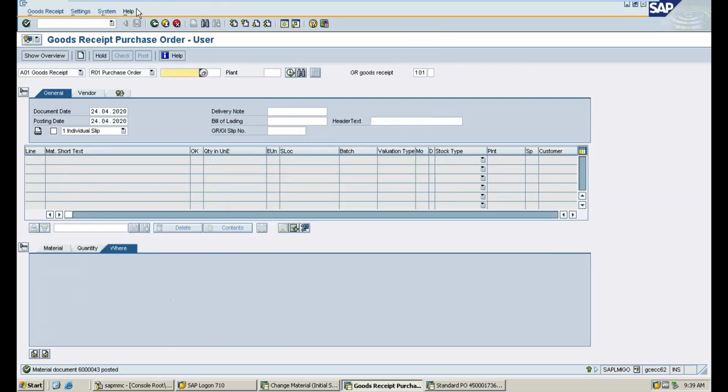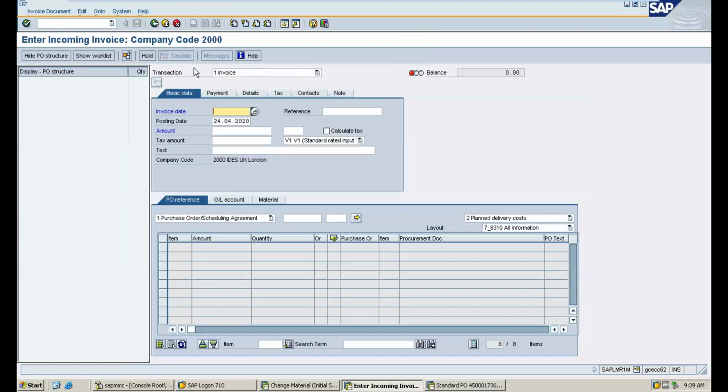The document has been posted. Now go to /n MIRO, which is for posting the invoice for the materials. Before, you posted for the planned delivery cost; now you are posting for the materials you received from the vendor.